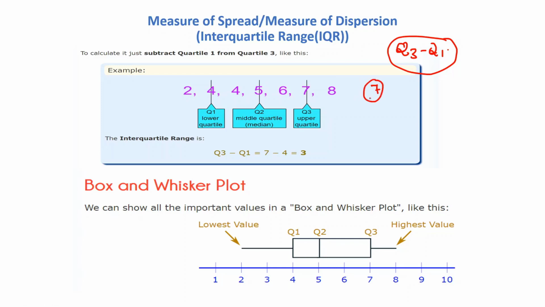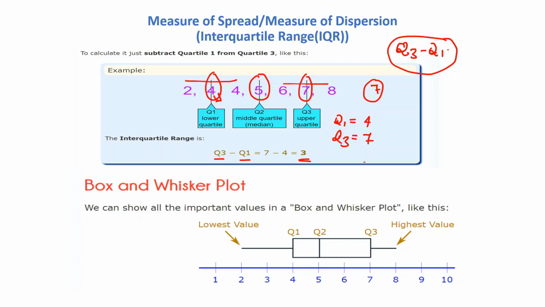So what would be the mid value? Because we have an odd data set, the mid value would be the middle value. This one is your fifth value. Now how many data points remain? There are 3 data points, so what would be the middle value? This. And in the same way we have 3 data points here, so the middle value would be 7. So we have Q1 equal to 4 and Q3 equal to 7. Now we need to calculate the interquartile range: Q3 minus Q1, 7 minus 4, is equal to 3.